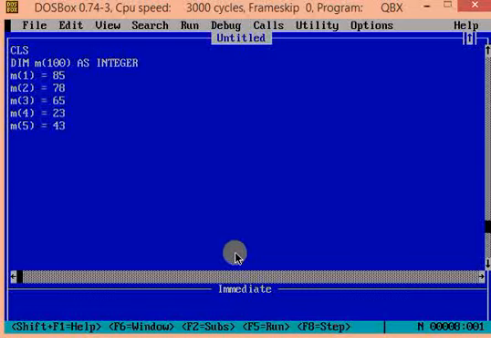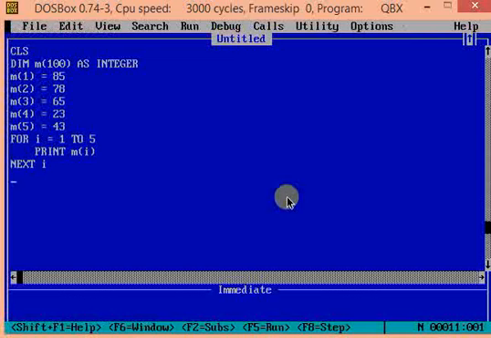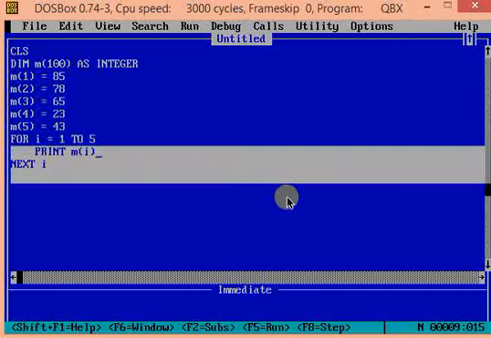You will write a simple loop like FOR I = 1 TO 5, PRINT M(I), NEXT I. Let's run the program. As you can see, all the marks are printed. If now there were 50 students, your loop will remain the same, except instead of 5, you will write 50.